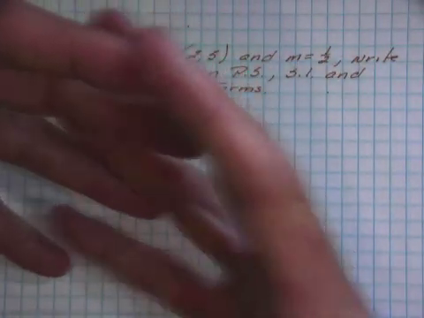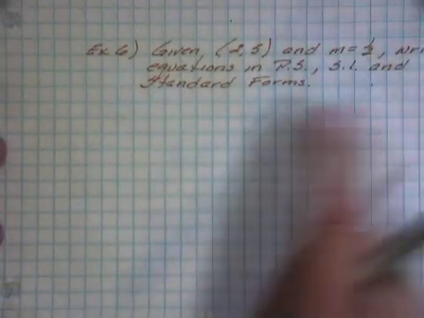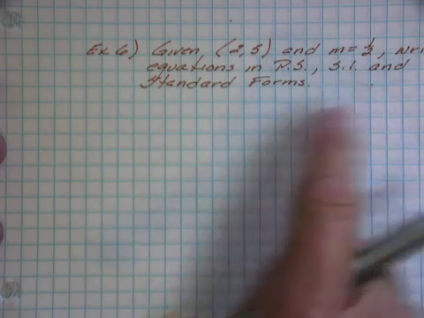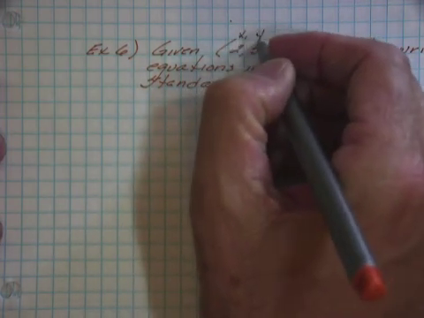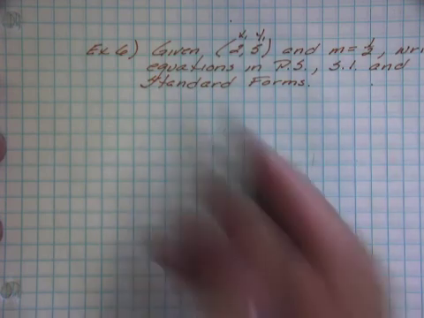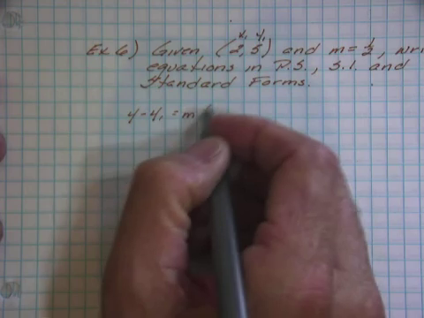Given (2, 5) and the slope is 1/2, write equations in point slope, slope intercept, and standard form. So now we're going to start bringing all three forms together. We're going to weave them together. I think the easiest place to start is, since we are given a point and a slope, let's start with